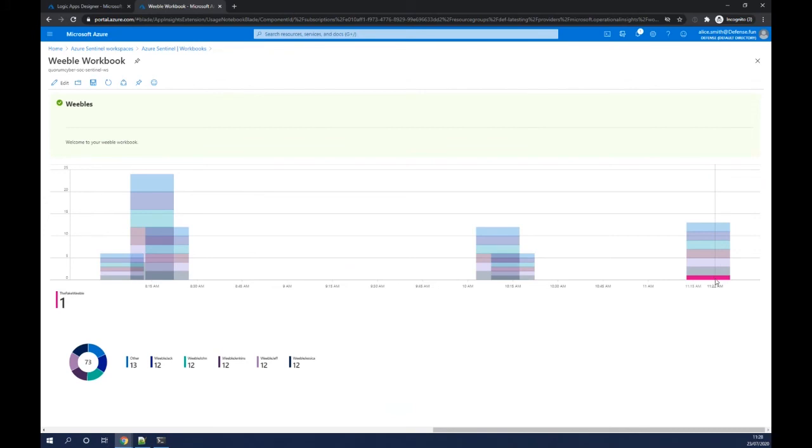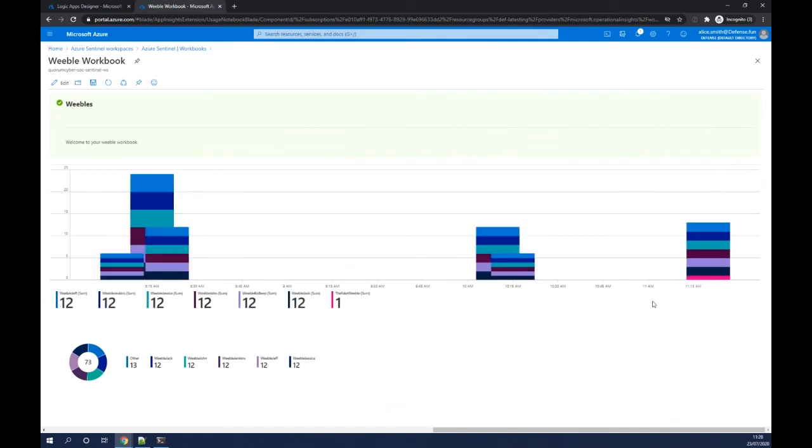Sometimes you'll see, especially in things like Office 365 signaling, that one user is suddenly doing a lot more than they normally do. So again, graphs suddenly get bigger in places. Workbooks allow you to visualize the data in a really nice way, even if you don't know which